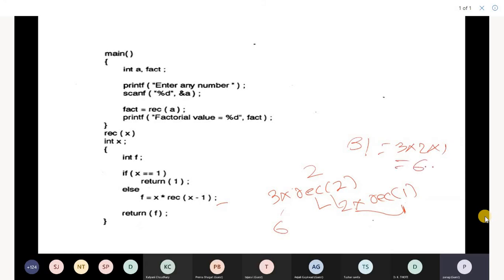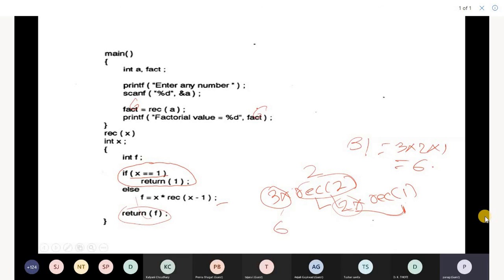In recursion you have a base condition wherein we terminate the recursive call. Here the base condition was x is equal to 1, so the recursion was not executed when the x value was 1. We have seen one example of recursion wherein we took the value 3. We call recursion of 2, then 2 into recursion of 1. Recursion of 1 returns 1, 1 into 2 returns 2, 2 into 3 returns 6. The overall function returns 6. Here fact is 6, and 6 will be printed on the user screen.